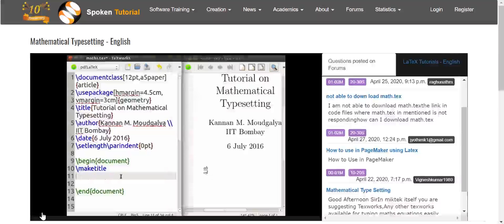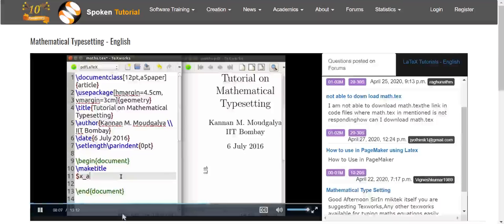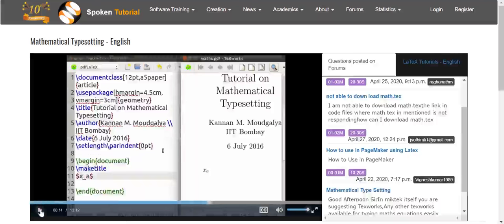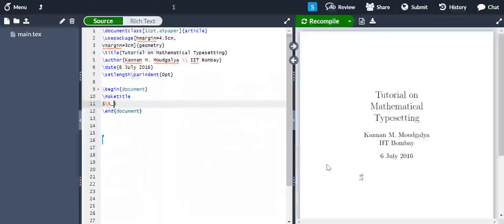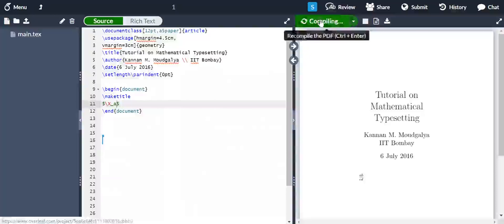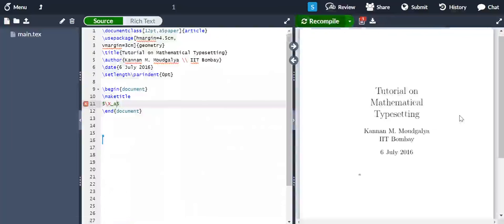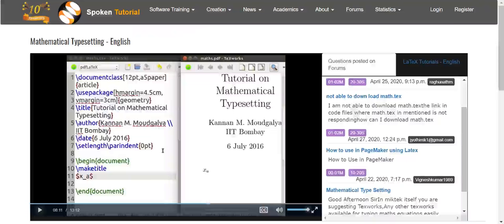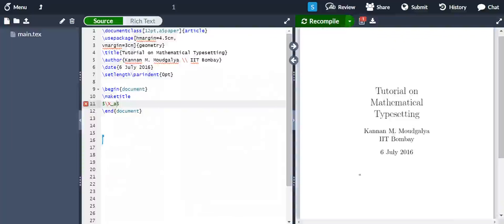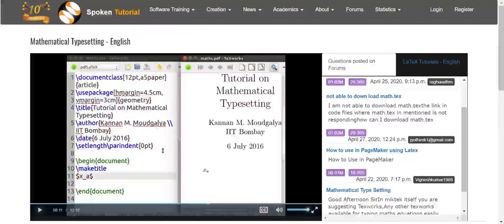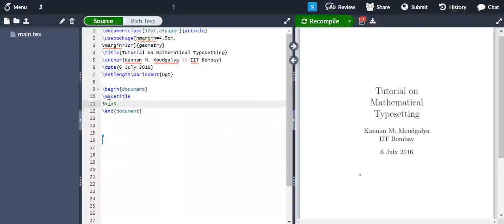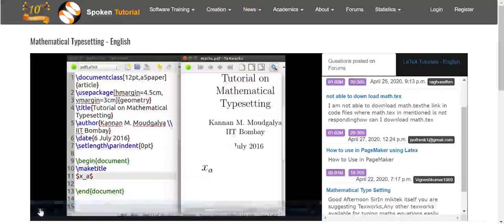Now we will look at subscripts and superscripts. X underscore A creates X sub A. The size of A gets automatically reduced to an appropriate level.